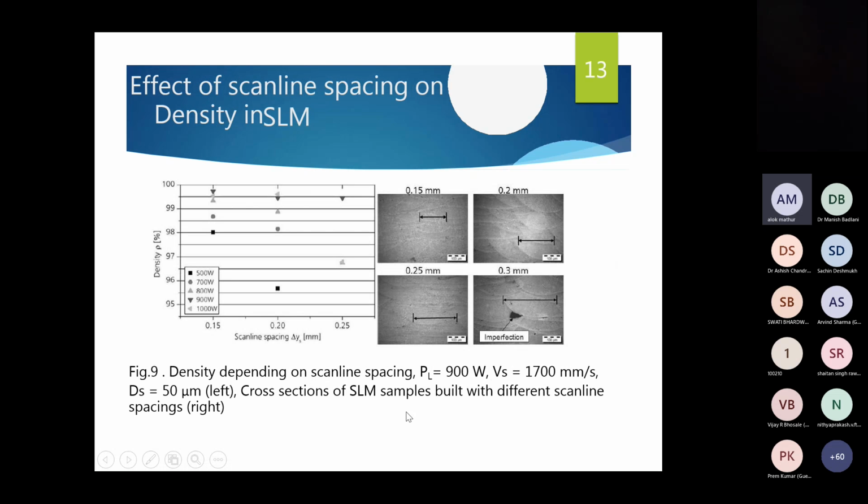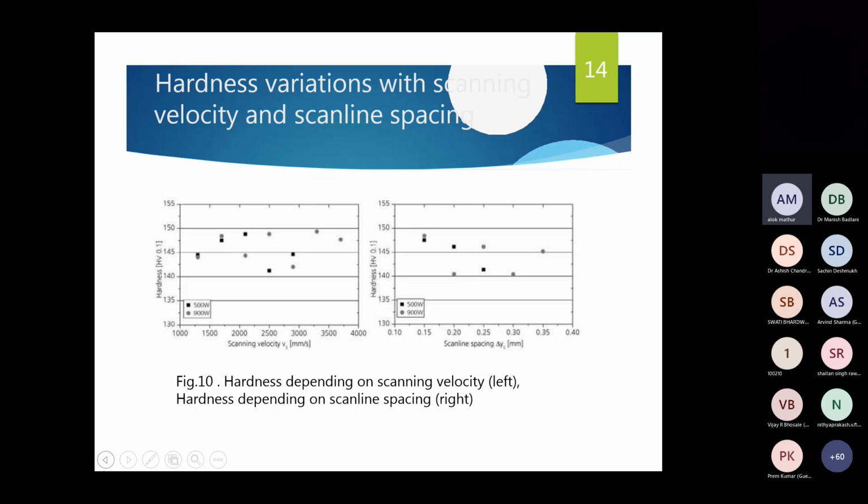So we are using 900 watt laser power, the scanning velocity is 1700 mm per second, and the hatching distance spacing is 50 micron. So these are the different relations between these two parameters, that is density and scan line spacing.